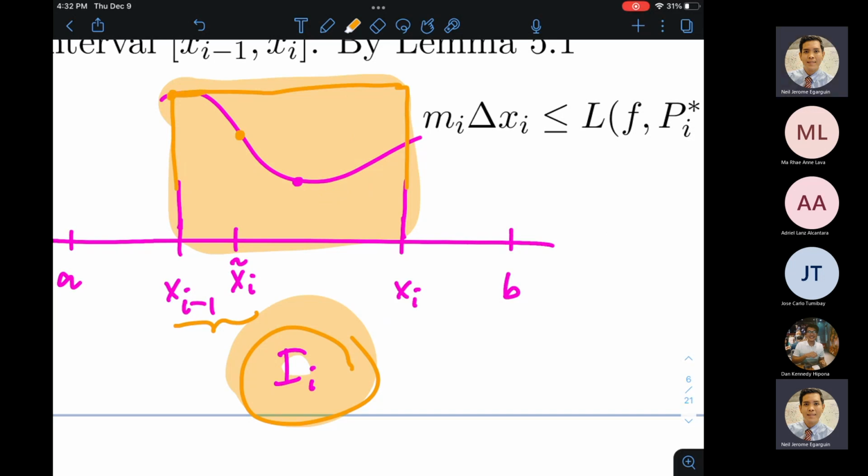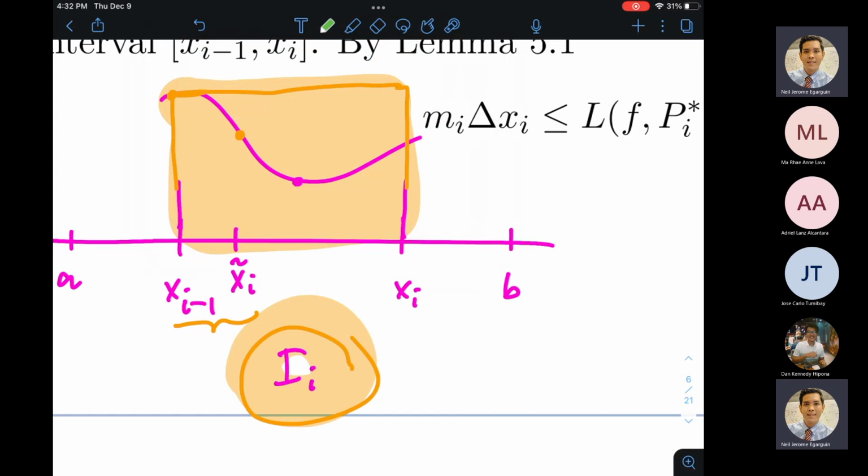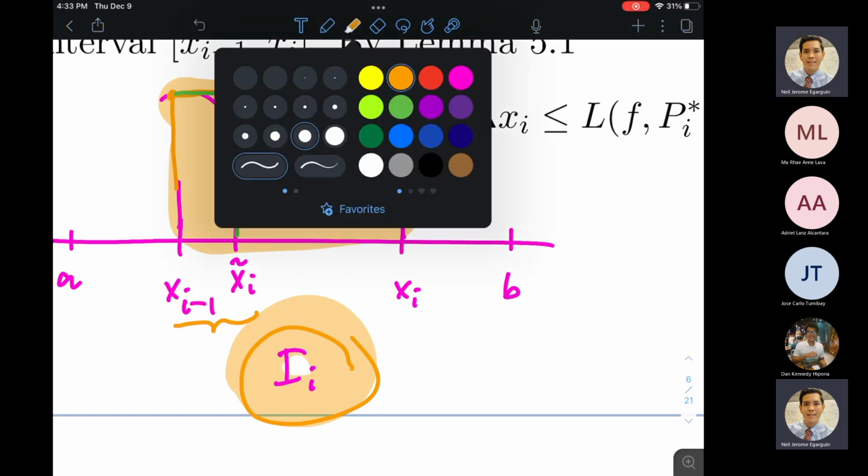Okay, before the refinement happened, yung contribution ni interval II ay itong orange region. Pero pag nag-introduce ako ng isang panibagong partition inducer o isang bagong element ng partition inducer, and that happened to be on the interval II, may madadagdag dyan na isa. Alright? So, ibig sabihin, mahati siya sa dalawang subintervals. Alright? Sa x sub I minus 1 hanggang x sub I tilde, kukunin ko yung maximum. Ito pa rin naman yon. Okay? So, ito yung magiging contribution niya.